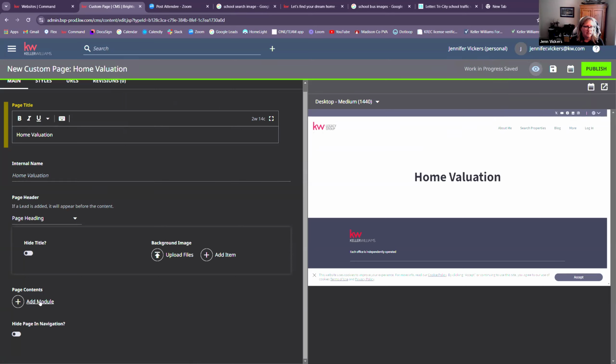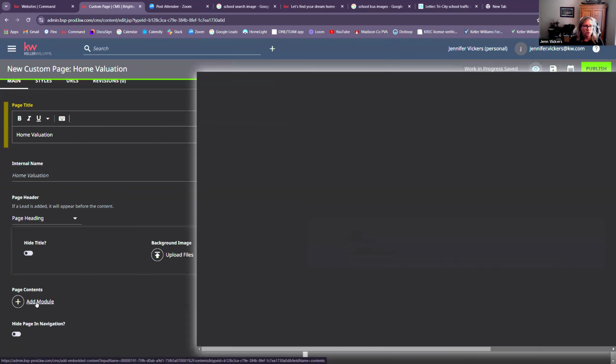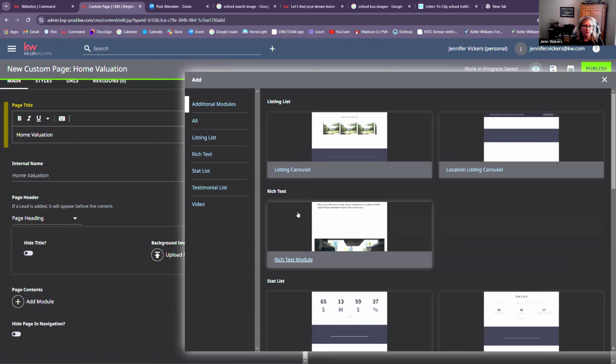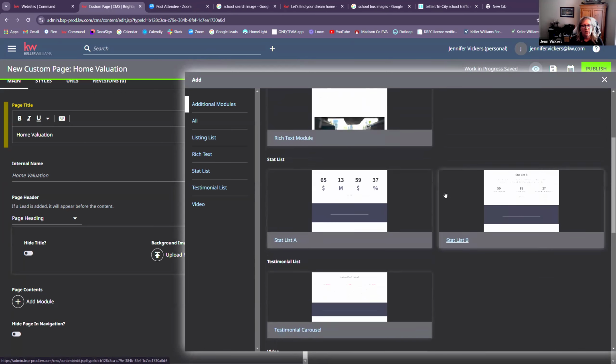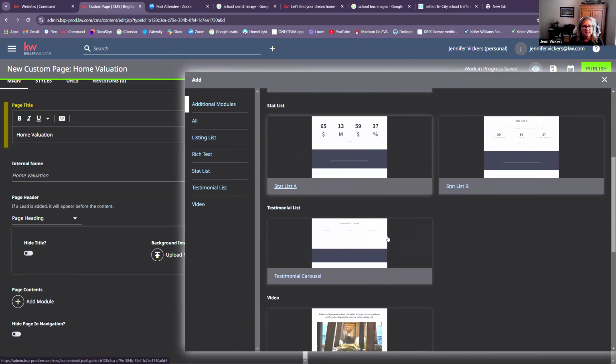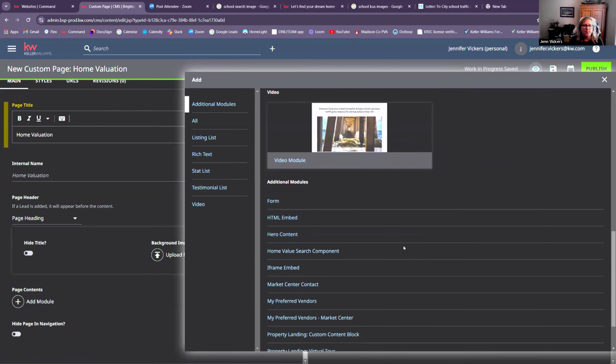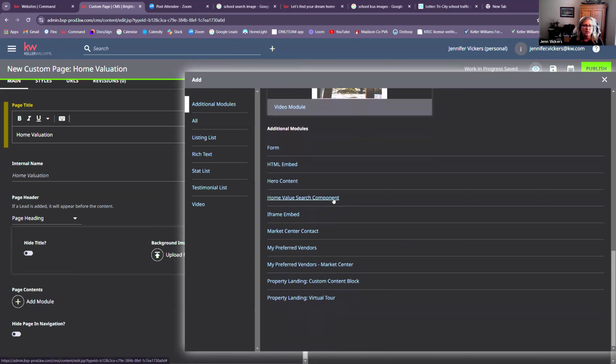But further down, you want to click on here, add module. On the add module, it will pull all these options up, but you can see that there are different modules that you can use. If you want to do a text box, or a listing carousel, that's where the featured properties are coming from. You can do stats lists and testimonial lists and stuff. But what we want to add is the home value search component. So when you click on that,